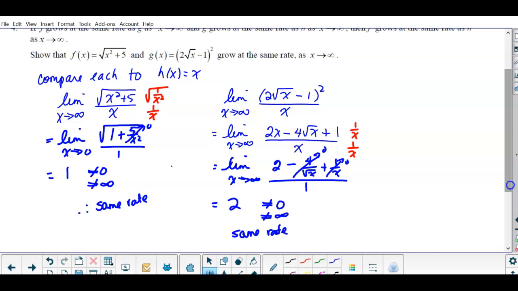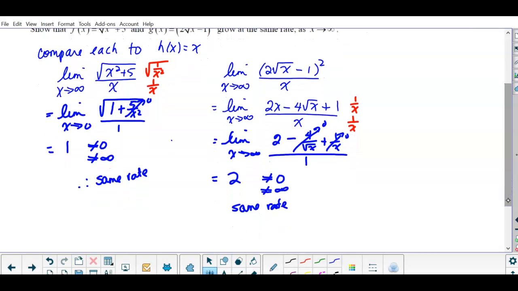Okay, so since you're comparing both of them to h of x, that must mean because both f and g are compared